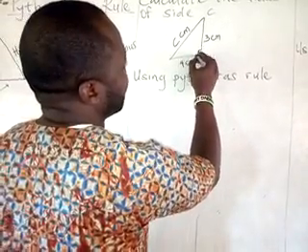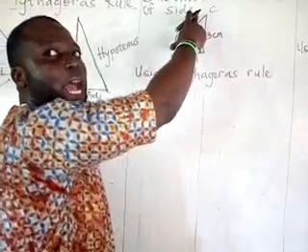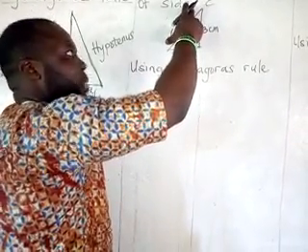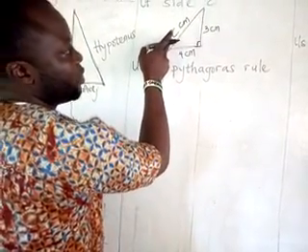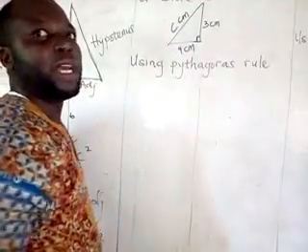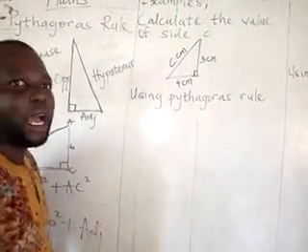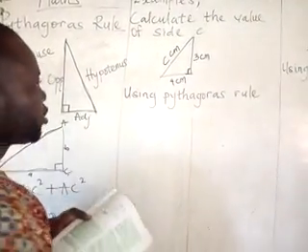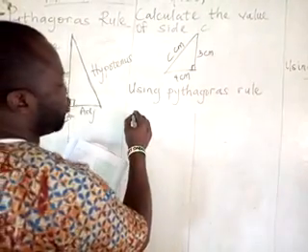Where is it facing? It's facing this side. And if you look at it, this side is our what? Hypotenuse. And looking at this hypotenuse side critically, you saw that it is unknown. We have C centimeter. So that means we are to look out for our what? Hypotenuse here. So using the rule, then we can simply say that C squared